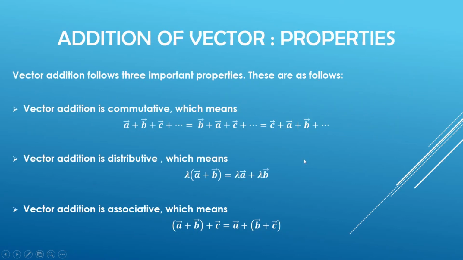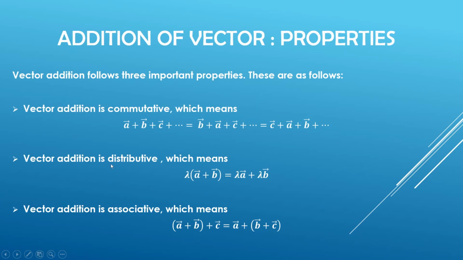These vector addition theorems follow certain properties. The first property that they follow is known as the commutative property. Commutative property means that if we interchange any one or any two or any three, as many as we want, like A vector plus B vector plus C vector, then it will be equal to B vector plus A vector plus C vector equals C vector plus A vector plus B vector. Even it is possible to write C vector plus B vector plus A vector. It doesn't affect the vector addition. This is known as the commutative law.